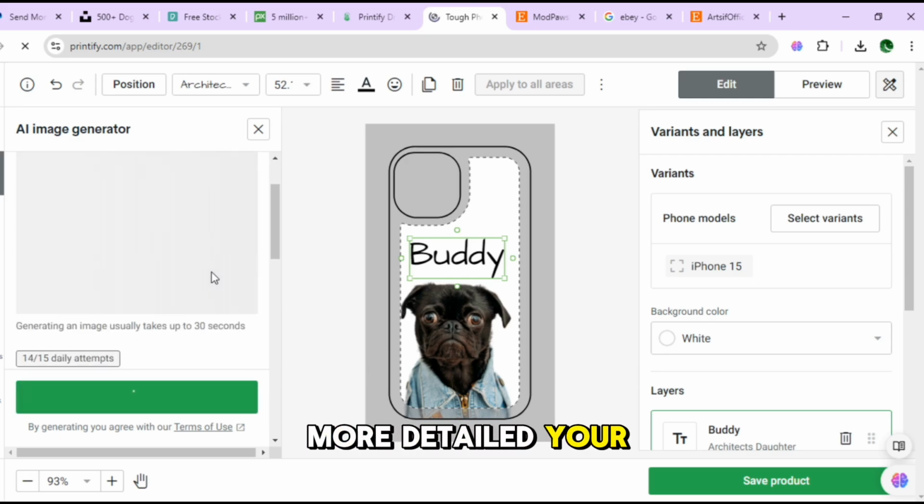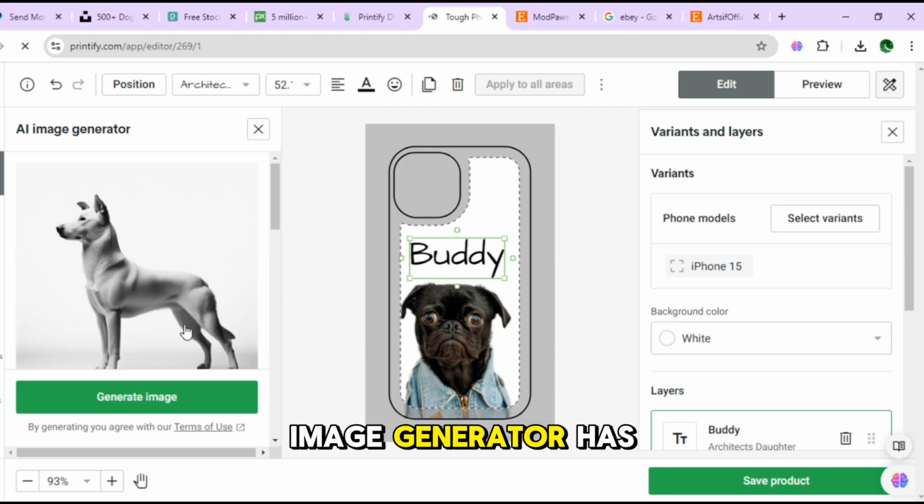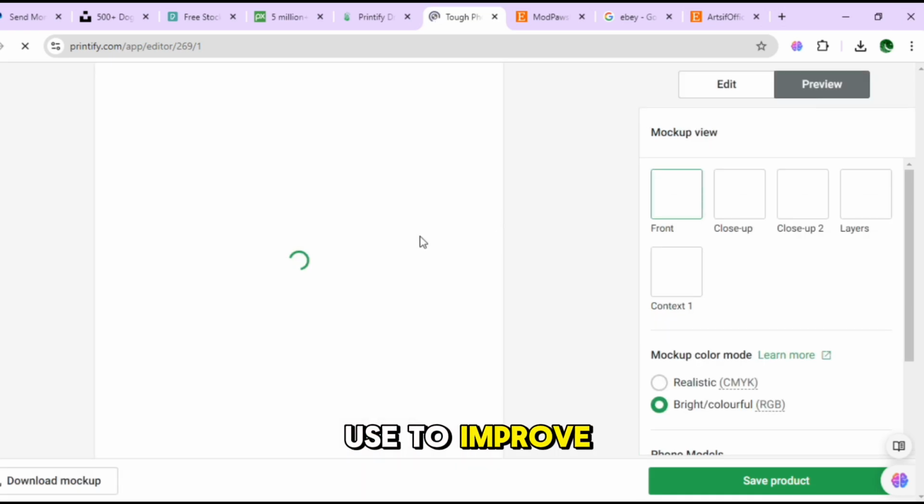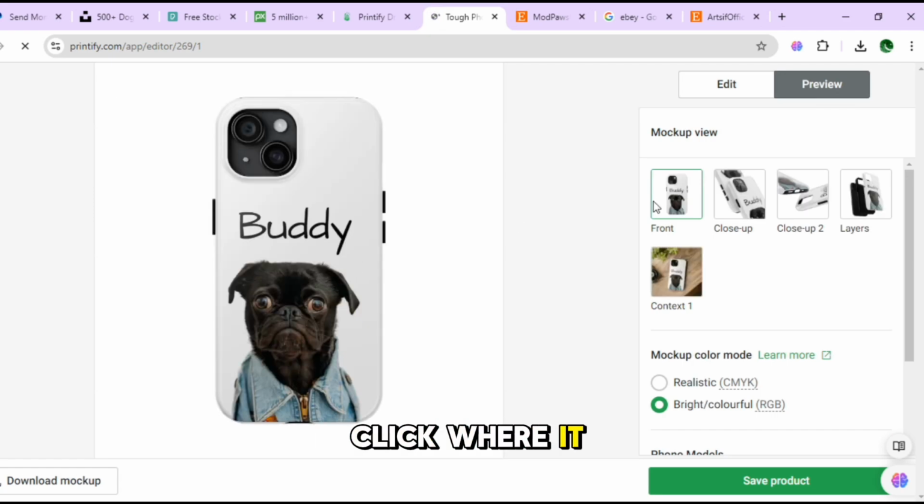The more detailed your prompt is, the better the image will be. As you can see, the Printify AI Image Generator has created a very cute image of a dog, which we can also use for our phone case mockups. So there are many Printify tools like this, which you can use to improve your image and make it a lot better. Now once you're done editing your image, you can just click where it says Preview,